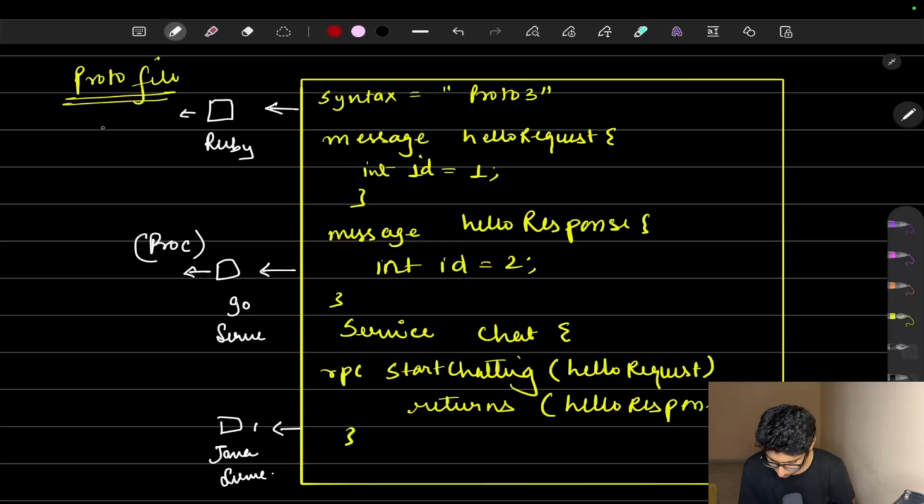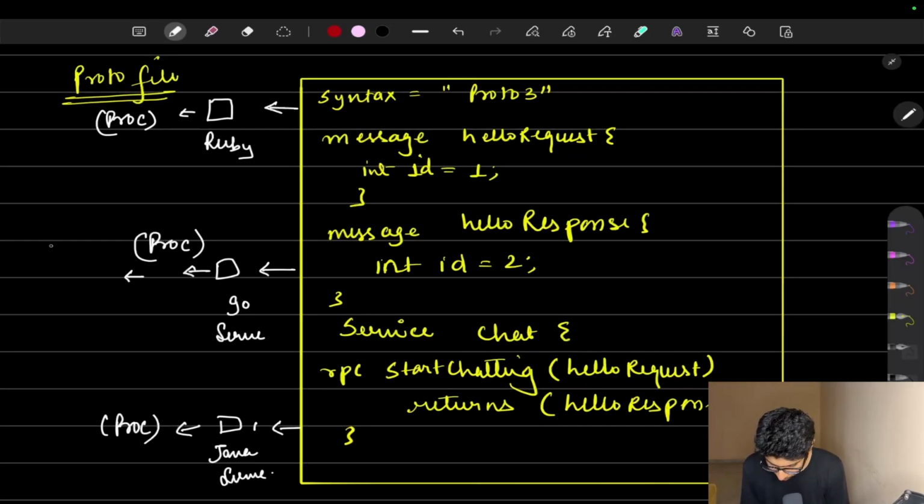Same, we will use protoc here. Again, it is a compiler. The compiler will help you convert this proto file into a Ruby stub, and same for Java here. We'll use protoc again to convert this proto into Java. Now what will happen? When you get this stub,